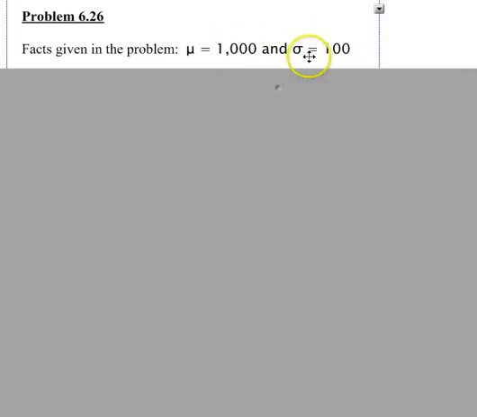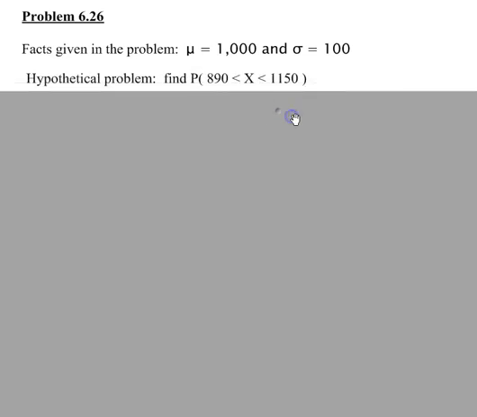It's telling you that mu, which is the mean, is 1000, and it's telling you that the standard deviation is 100. Now I need to give those values to you. If I don't give those to you, you can't do any of the problems that we're going to do. So problem 6.26 is one step more difficult than problem 6.24 because before you can look anything up,